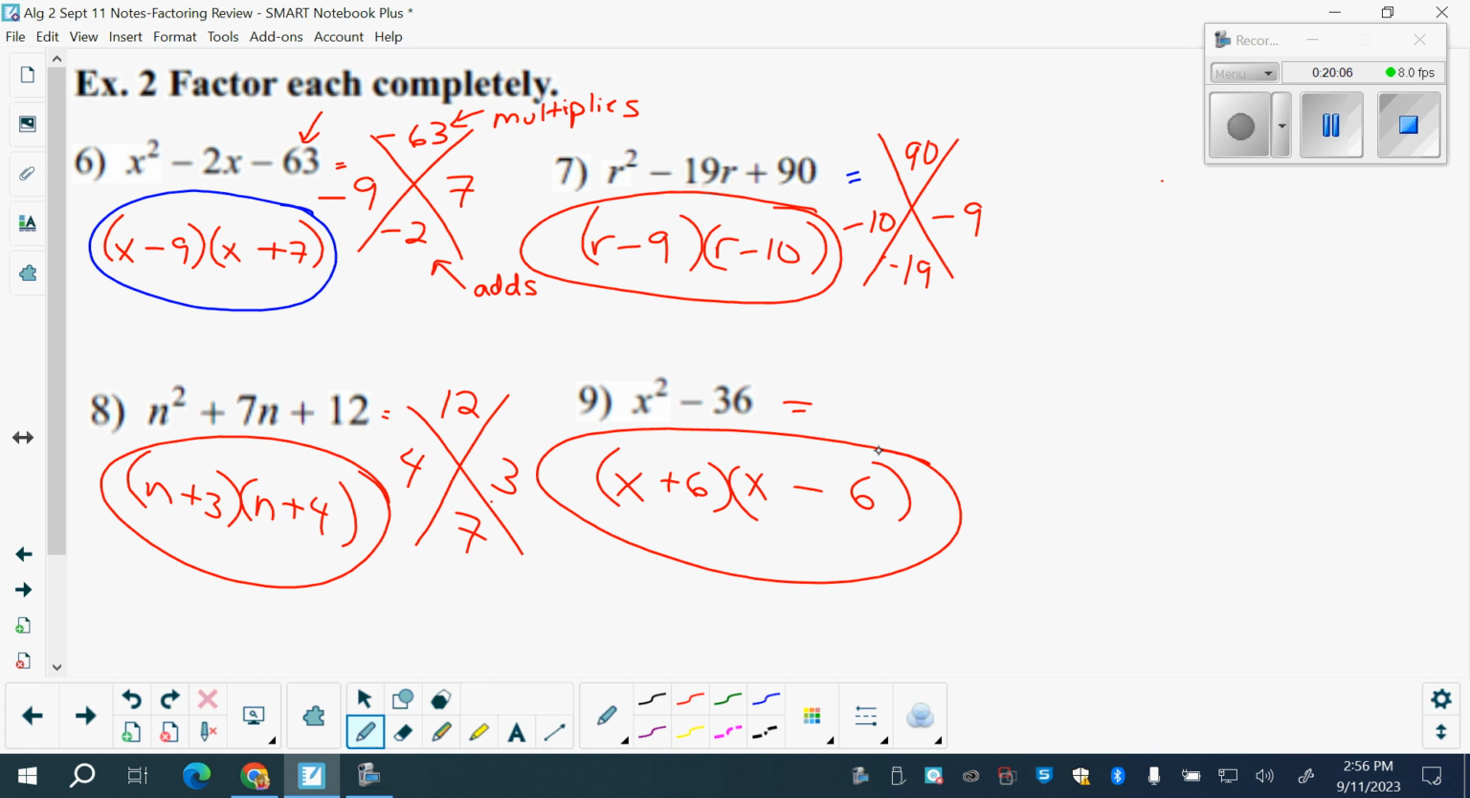So notice this is a perfect square here and perfect square here, separated by a minus. That's called the difference of 2 squares. Can I go on to the next one? Okay,